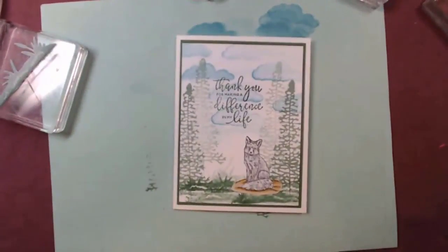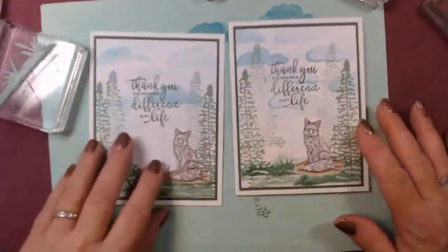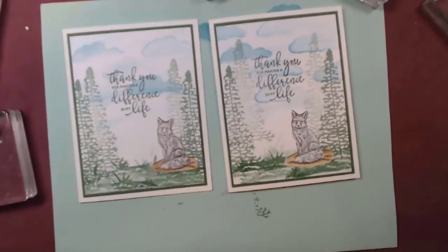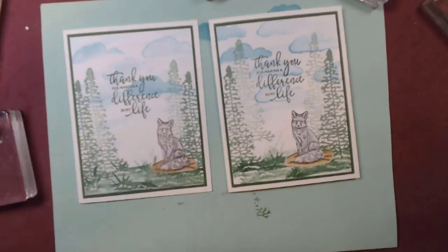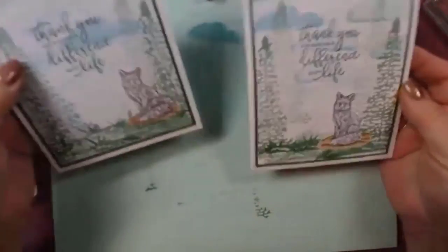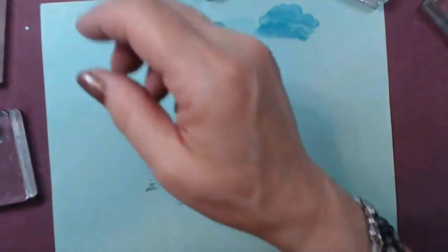And that is that one. And here's the original one that I did. So I think the lighter clouds were a little better. There was one dark one. That's when you forget to stamp off, like there. But fun. I mean, to be able to use the dies in a different way makes them really worth the money. So the other card that I came up with